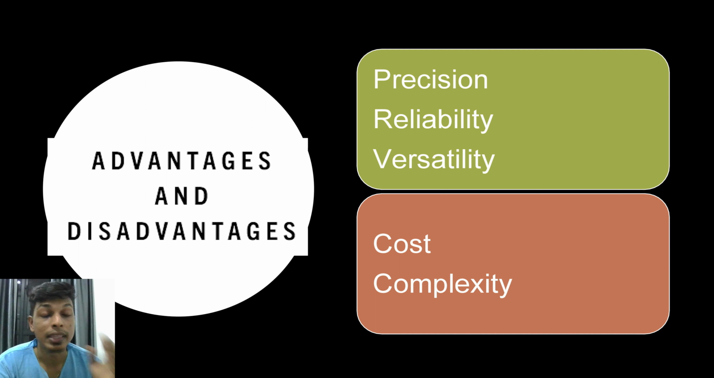When there's an advantage, there must be a disadvantage. The disadvantages of optical encoders are complexity and cost. Generally, optical rotary encoders are more complex and expensive compared to other types of encoders, such as magnetic or mechanical